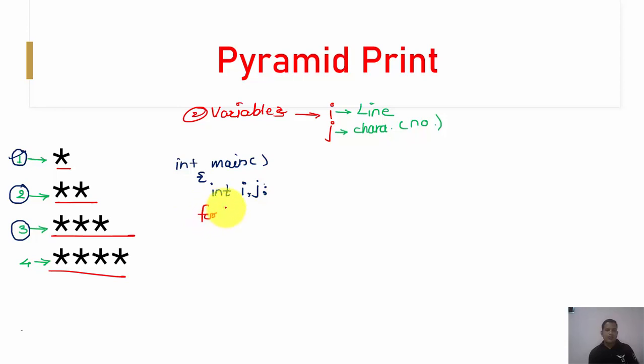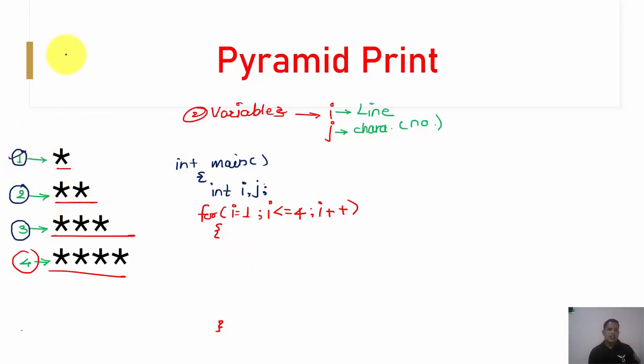So to initialize this line, I am going to develop my first for loop. For i, this is my line number 1 to line number 4: line number 1, line number 2, line number 3, and line number 4. So first i is equal to 1, meaning the first line I am going to initialize. My number of lines should be less than or equal to 4. It should not exceed line number 4, and we just keep incrementing the line. So this is my first for loop that is going to initialize the line.